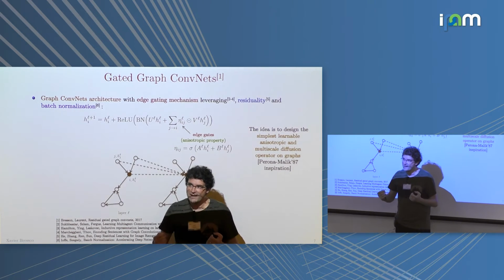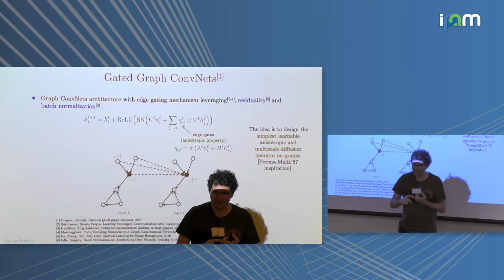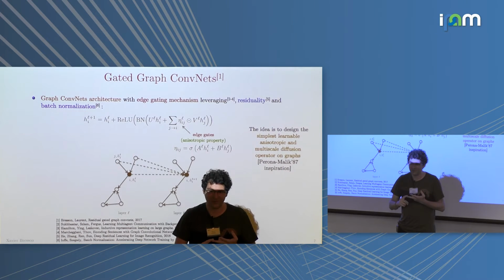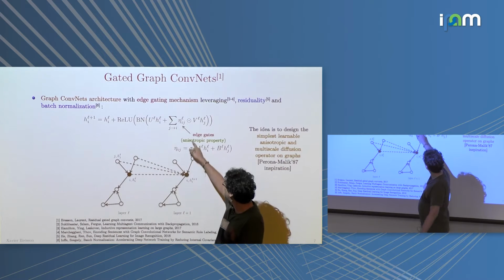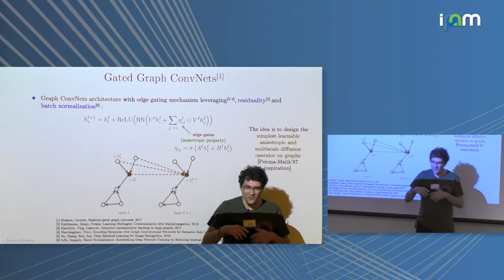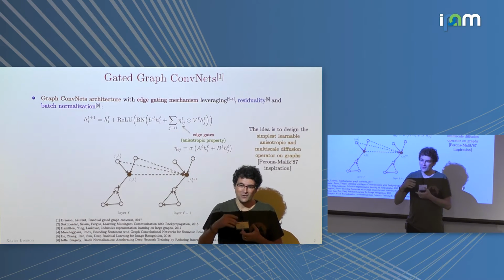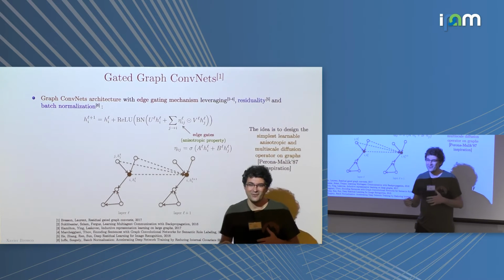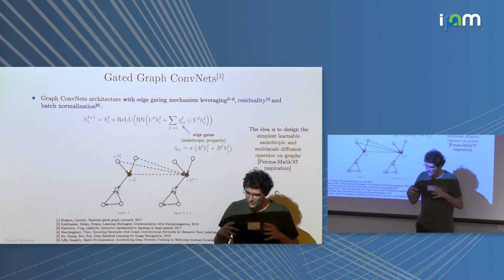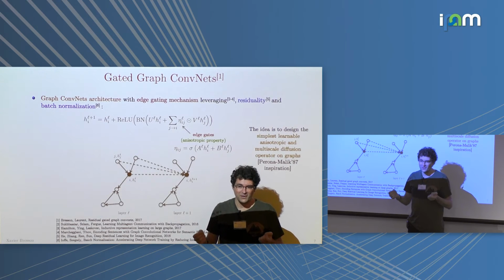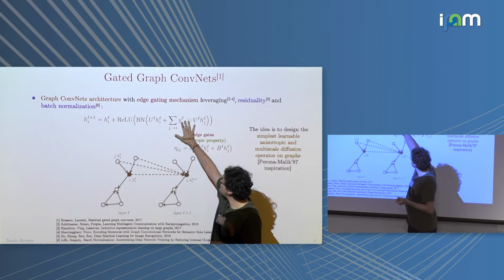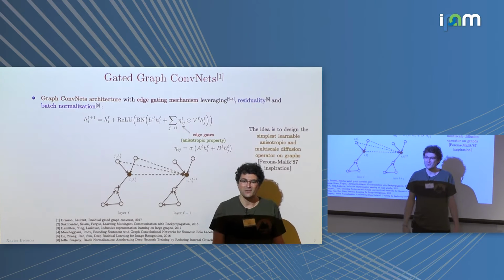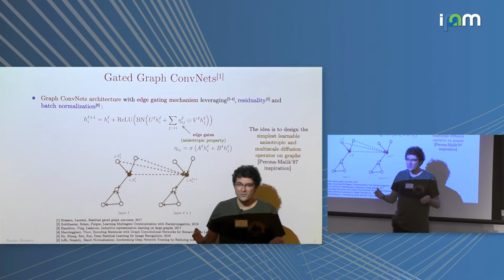The problem with graph is that you don't have any center, and you don't have any special direction, like up, down, left, and right. So you need to create some kind of anisotropy inside your graph. This is one way to do it. For molecules, we already have this kind of anisotropy, because we have, for example, single, double, aromatic types of bonds. But still, in a general graph, you want this kind of anisotropy, and you can learn this anisotropy with data.